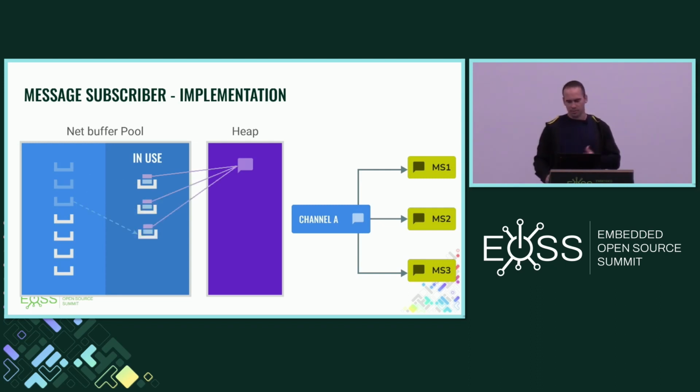And we do that for the three of them here, right? And then we send a reference of the NetBuffer to them. And when they receive the reference, they know where the message is. So they make a copy, they unwrap the NetBuffer, and the NetBuffer removes the reference to the heap allocation, right? And puts the NetBuffer on the available pool again.